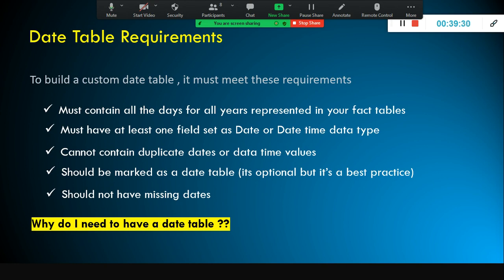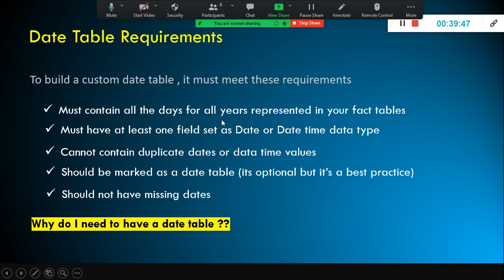So it would not have stored orders from 1st January 2018 to date. In between some gaps will be there. Probably on 1st January some sale would have happened, and on 5th January some sales would have happened, and some gaps will be there. There should not be any gap.